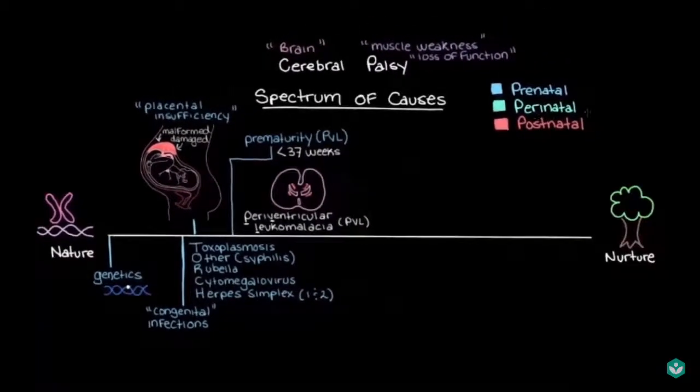So what about the perinatal period? What sort of events can occur during the birth process and cause cerebral palsy? Well, if mom has one of those torch infections, instead of the fetus getting it during pregnancy, mom might actually pass on one of these infections to her baby during the birth process, as the baby is coming out of the birth canal. So we can put torch infections down here again, this time as a perinatal cause of cerebral palsy. And you can see that we're trending down our spectrum a bit, progressively to the right, towards the nurture end. And that's because we're getting into the realm of nurture. We're moving more towards those environmental causes that happen after birth.